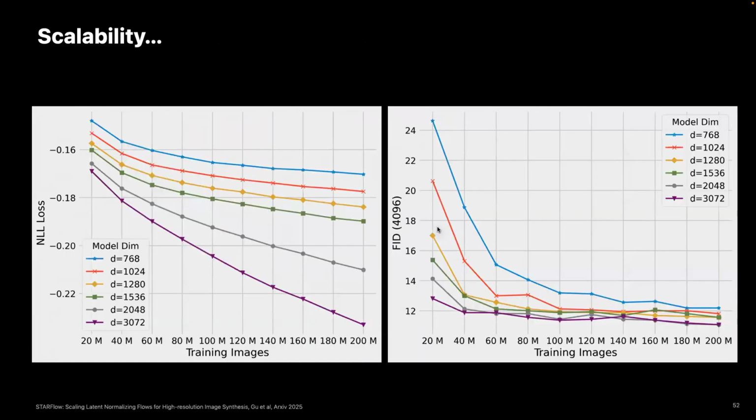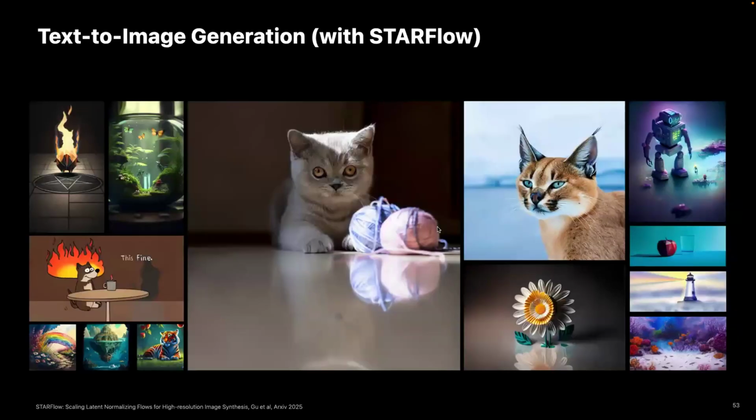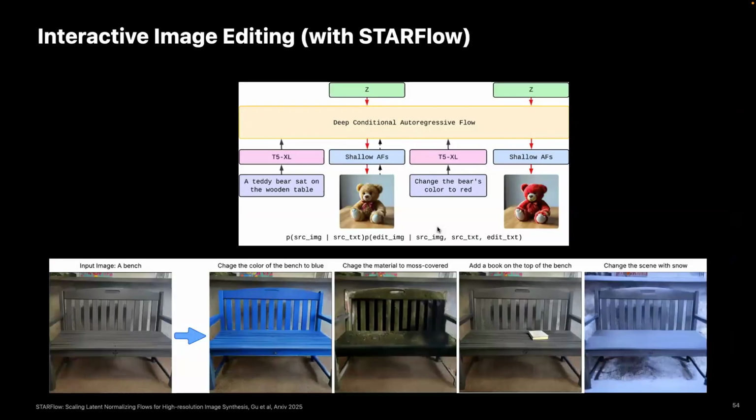And we also show the scalability, where you can safely increase the model size and get much lower and lower loss, and also better image generation quality. Combining all these pieces, we can make this work quite well for text-to-image generation given different prompts. And the one thing I like about this model is it has also unlocked a lot of interesting